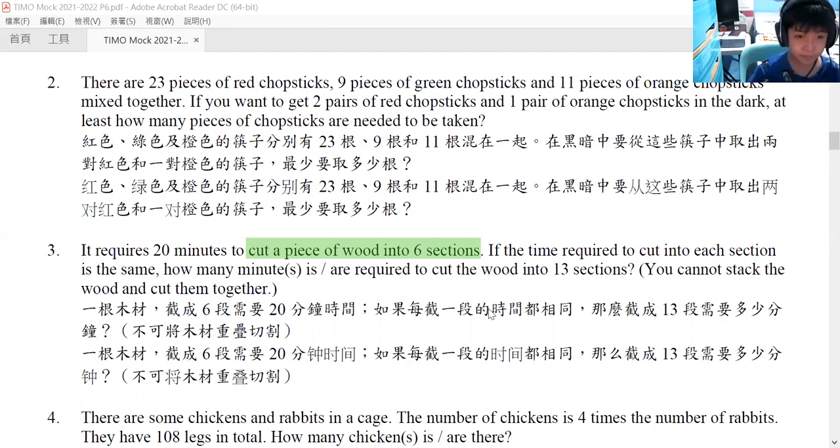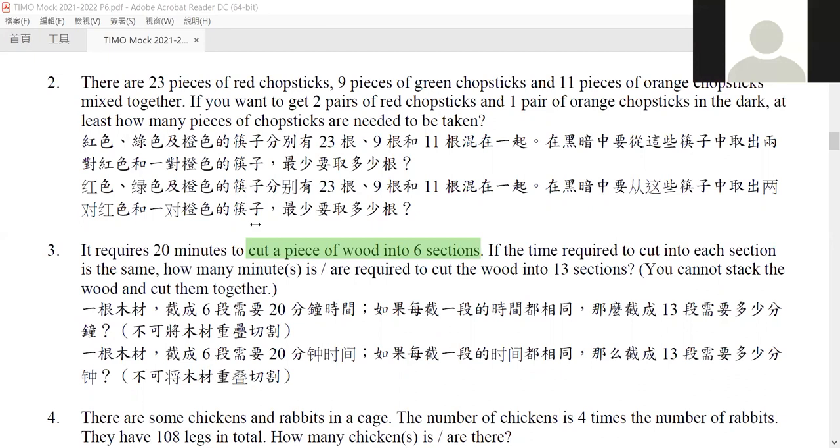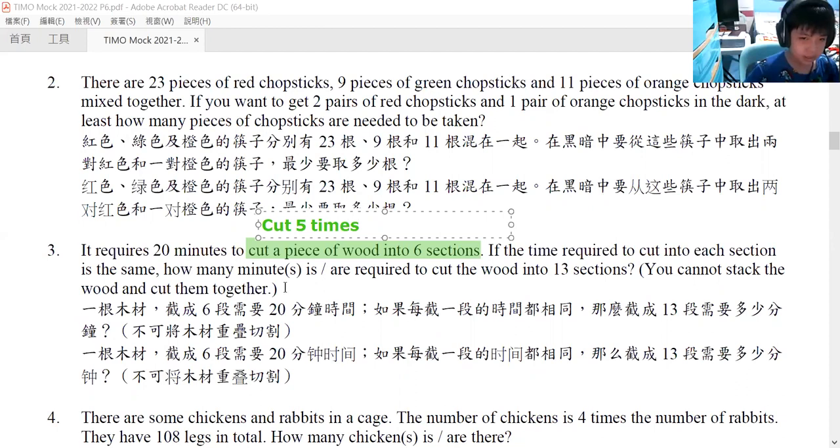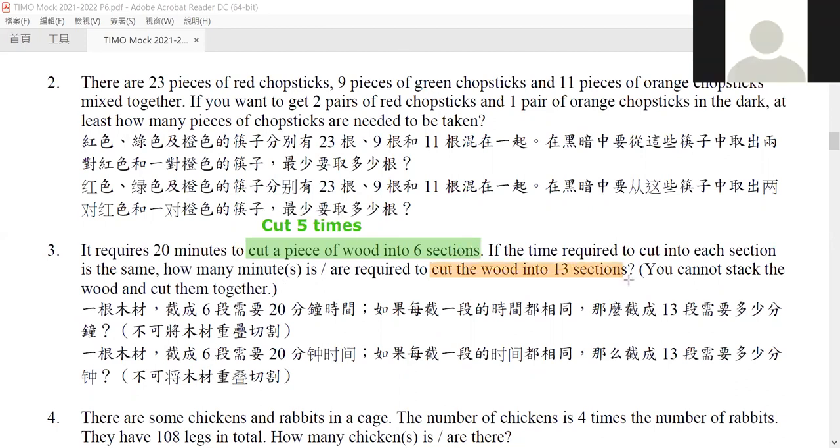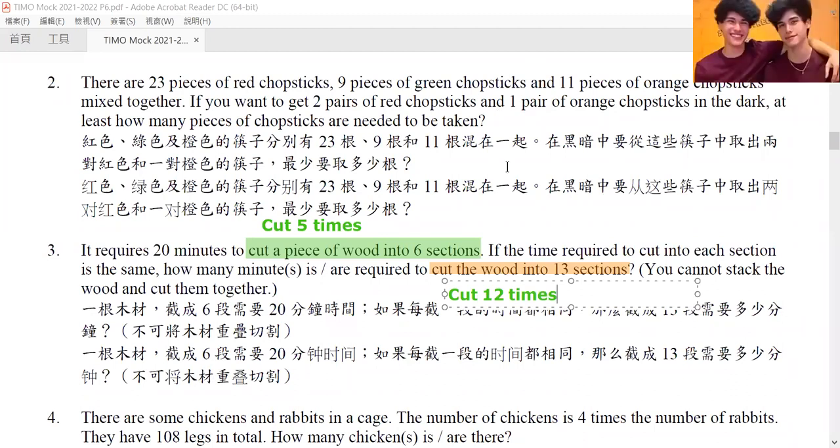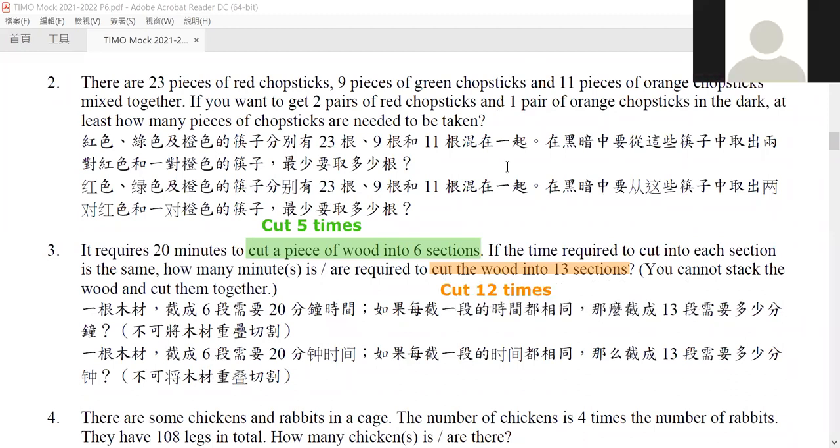5 times. Because 20 divided by 5 is 4, times 12, that's 48. Because you only need to cut 5 times. You don't need to cut 6 times. That would create 7 sections. So if you want to cut a wood into 30 sections, in this case, it would only need to cut it 12 times. 20 divided by 5 times 12, yes, 48. Thank you. If you would like to answer this question, you may want to answer it on the chat room.